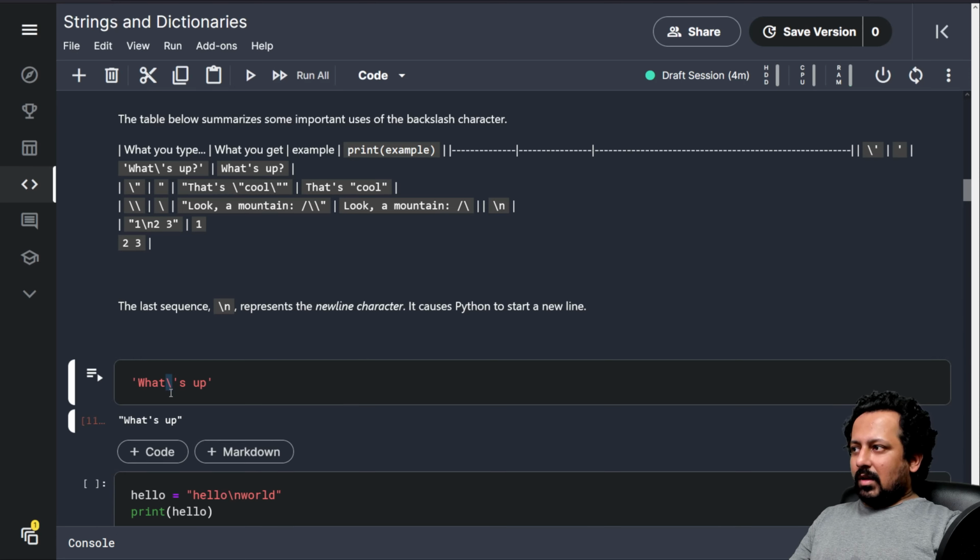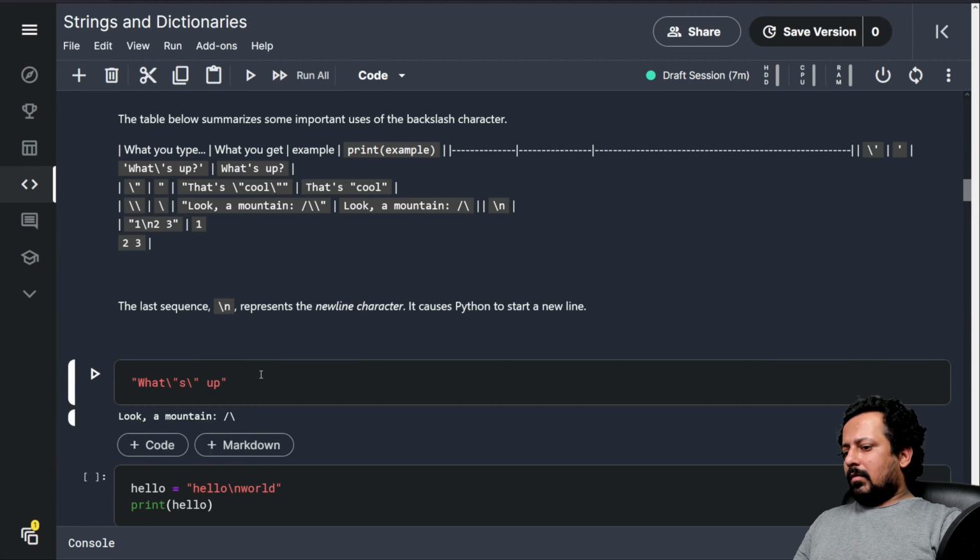And the same you can do with double quotes. So if I write it like this, it's now going to print a double quote here. And then you can do something like another backslash and a quote, then it's like this.